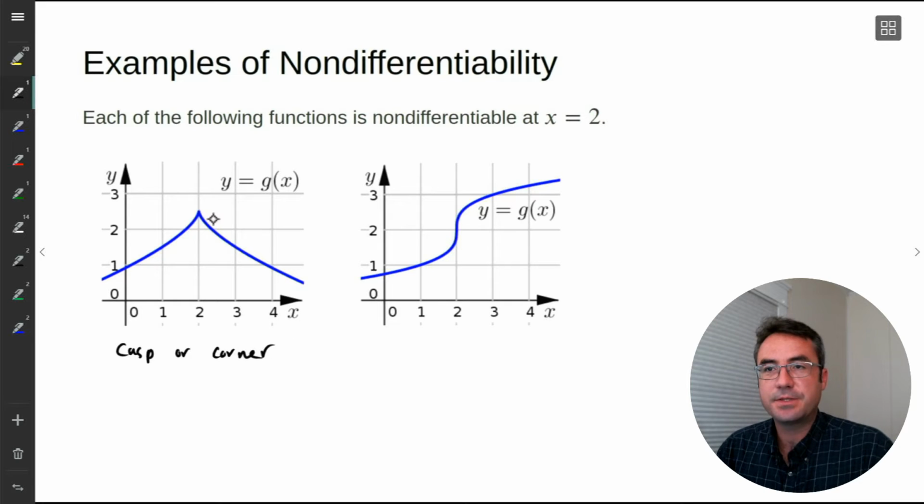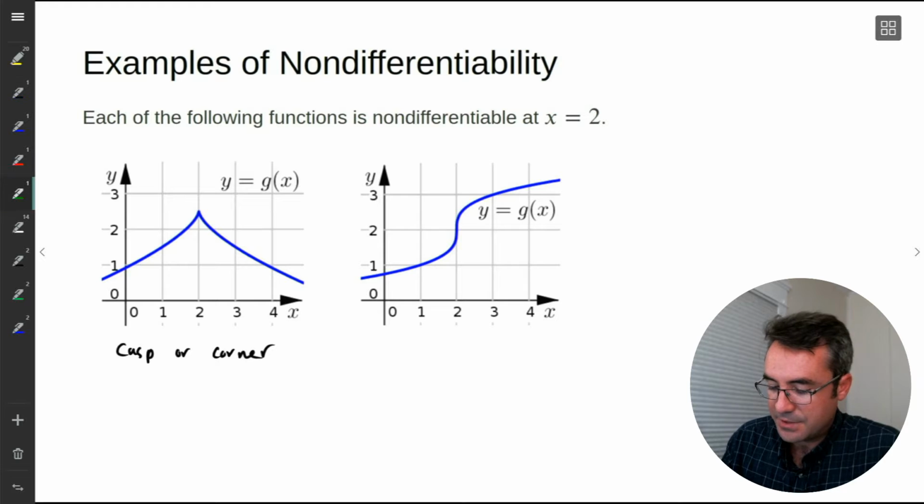And there's a few ways to convince yourself that this is non-differentiable. If you were to zoom in on this point, it doesn't look like a line. So there's a corner to our graph here. There's this cusp. So differentiable functions should have rounded edges. Another way to think of it, to some extent, in terms of slope: if we were to look on the left side here,